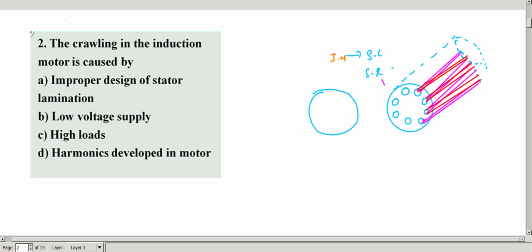If you consider squirrel cage induction motor, you have no external resistance provision to improve the starting torque, whereas for slip ring you can. To improve the starting torque in squirrel cage induction motor and to get uniform distribution, you go for this. Some slots are skewed. If slots are not skewed, you get a non-uniform distribution of the flux linkages.